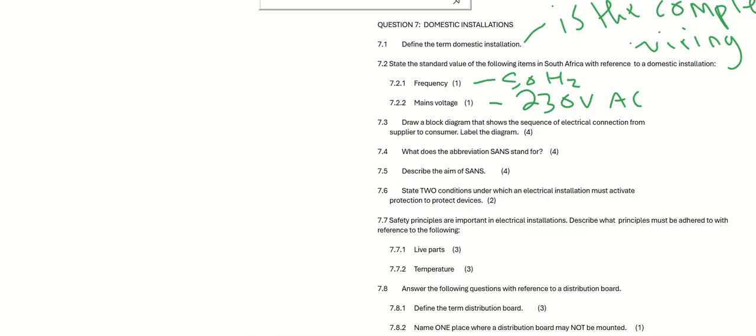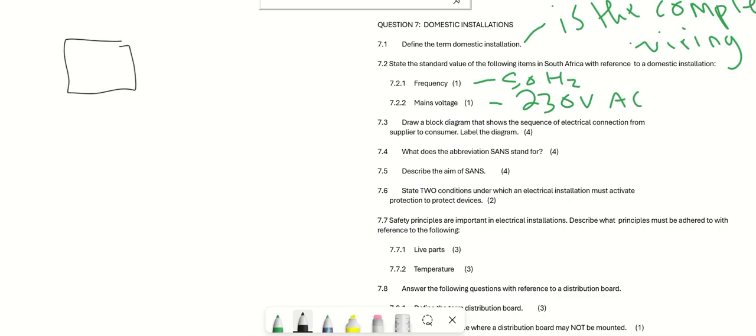So in South Africa, we have a power station. Electricity is generated in the power station.